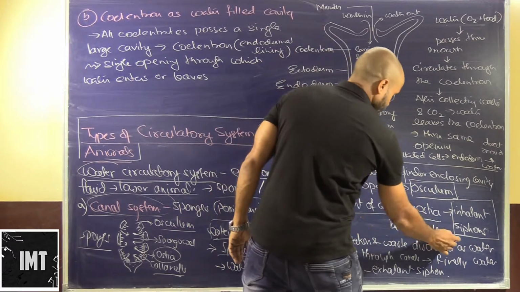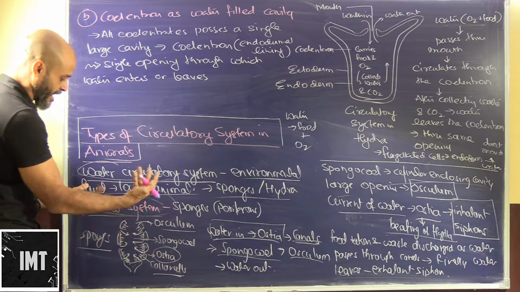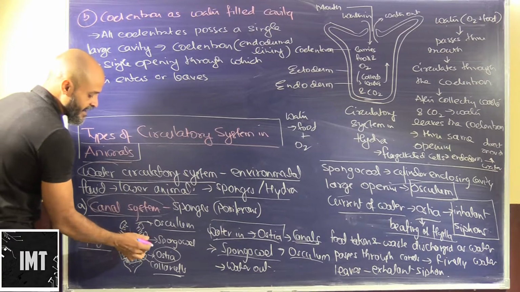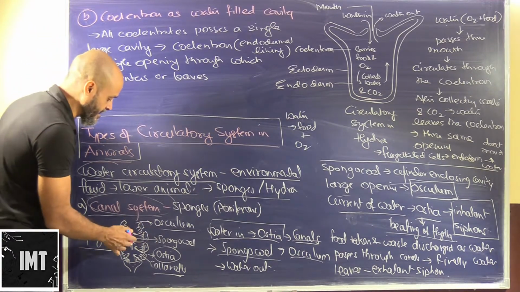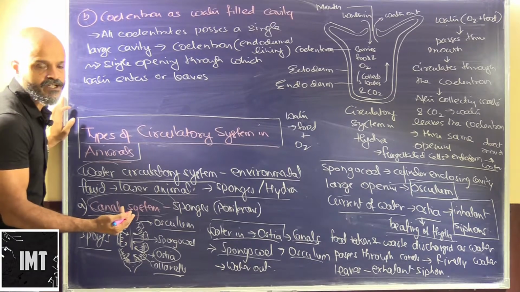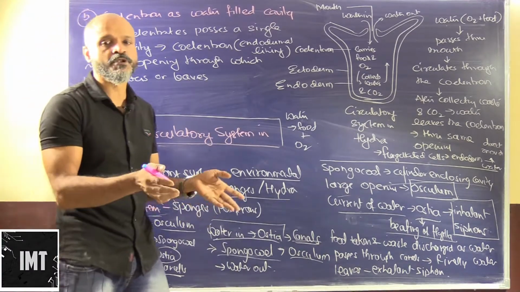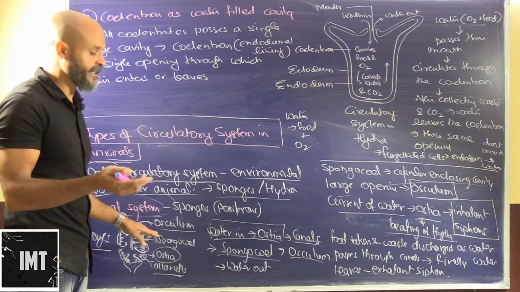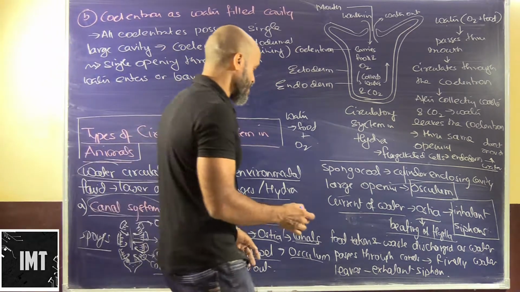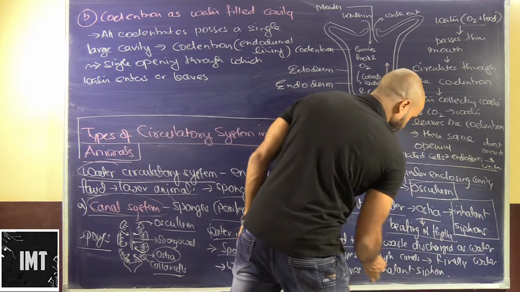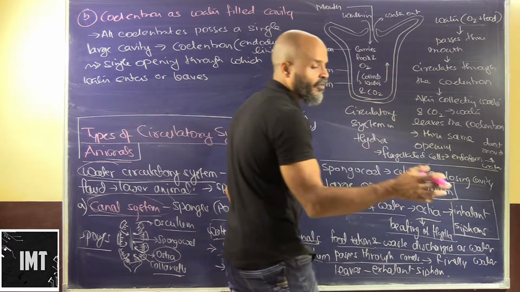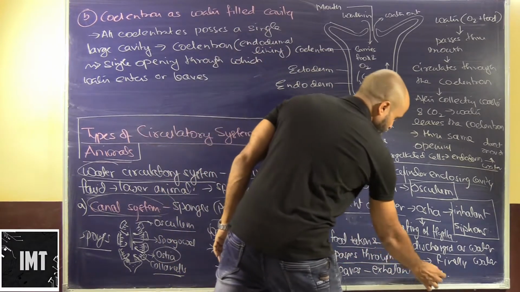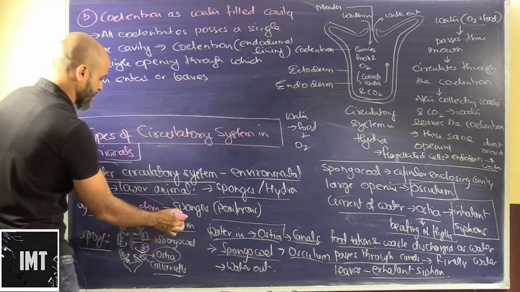The beating of the flagella keeps on pushing the water up. While going up, it is distributing the food and oxygen which it is carrying, and collecting the waste material as well. So this is a simultaneous process. Food is taken in and waste discharged as water passes through the canals. Finally the water leaves through the exhalant siphon, and that is basically the osculum.